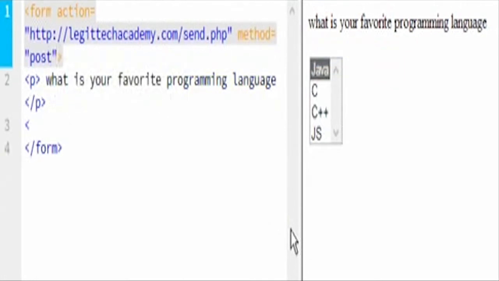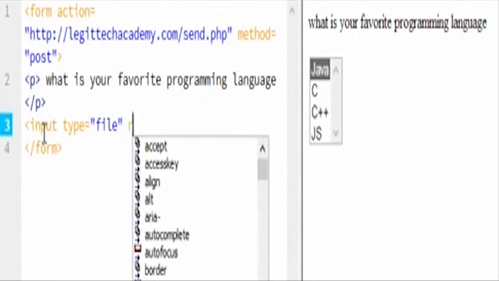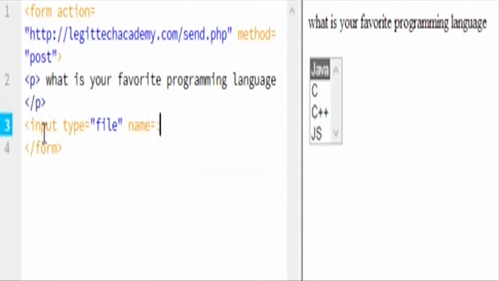Post. And then here inside, we're closing the P, and then we have the input type, and then we're going to say file. And then you had password and things like that. If you remember, password, checkbox, things like that was in there. Input type radio, checkbox, password, and text. So now we have file, and the name is going to be, let's just call it source code or something. Source code, and then we're going to close it,